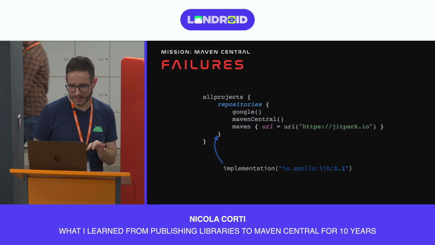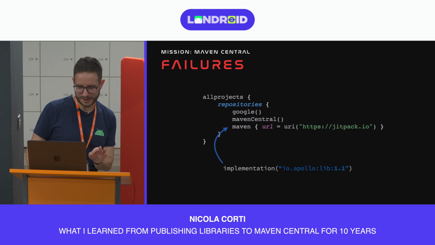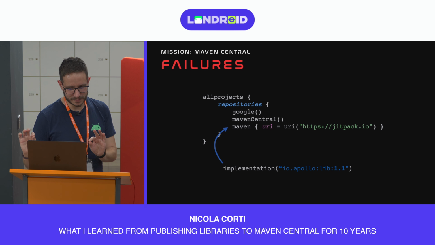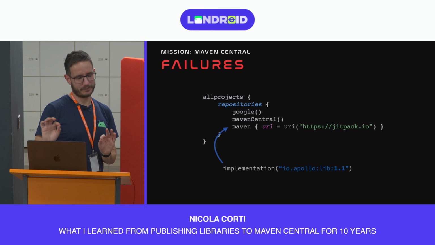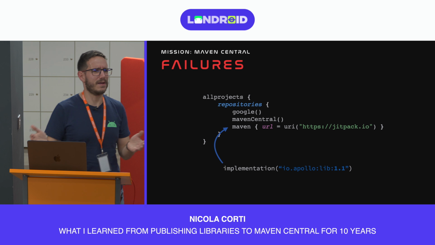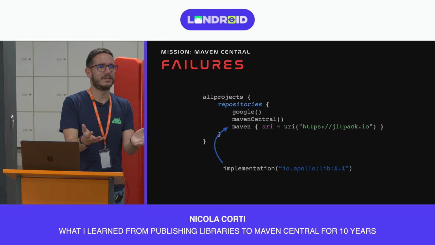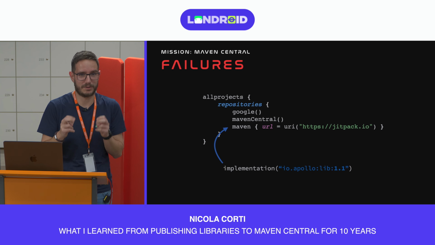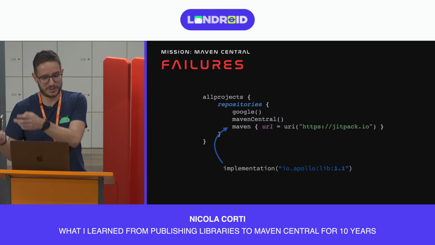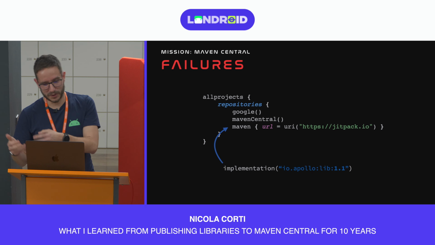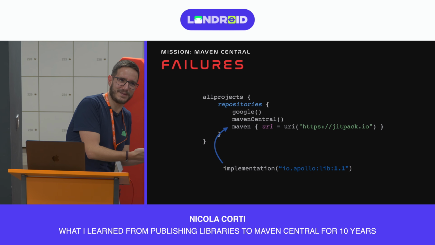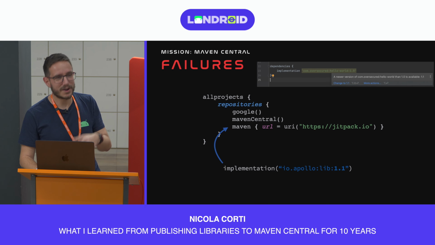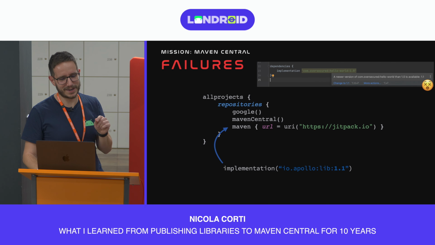could in theory publish io.apollo lib 1.1 in Jetpack. And now you might say, but hey, io.apollo is yours. Yeah, okay, it's a domain. I might not renew the domain. Someone else might register that domain, go to Jetpack, say, hey, I own the domain, now I want to publish there. And if they publish their version 1.1, you all are going to get a really nice dialogue in your